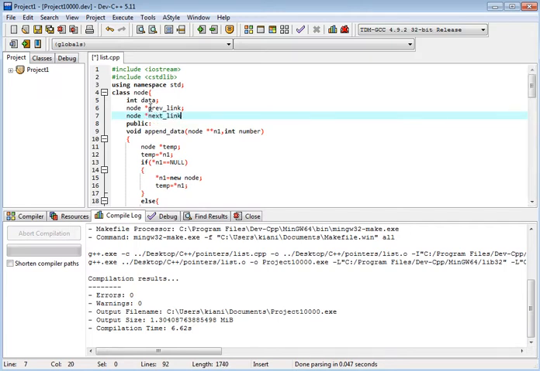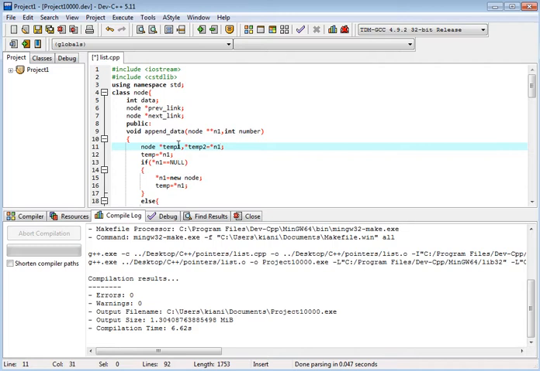We have created this in our list, a simple list. We have created this class before, and we are using that class. Now in the append data we will have pointer temp1 and pointer temp2. There are two pointers. Temp2 will hold the pointer to n1, meaning node.